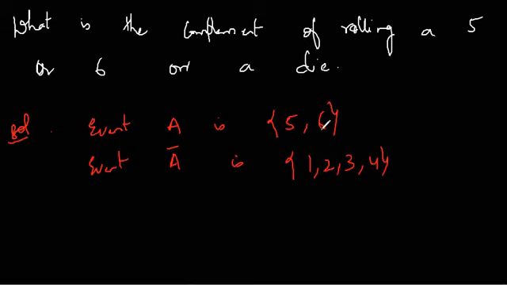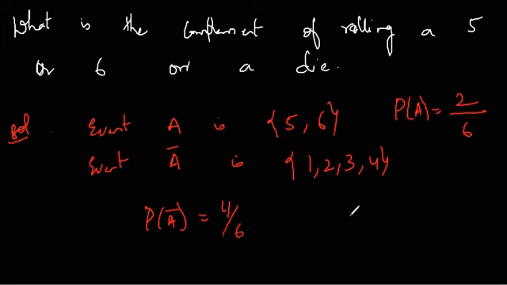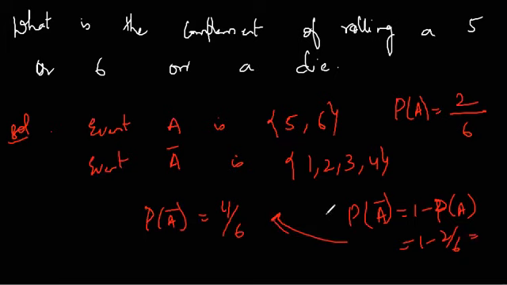Alright. Now, if you are getting either 5 or 6, how many scenarios will we have? The total number of outcomes when you are rolling a die is 6. Now, either you can get a 5 or you can get a 6. So P of A will be 2 by 6. What will be P of A bar? If we simply count how many outcomes we have, it will be 4 by 6. Or you can even find P of A bar as 1 minus P of A, 1 minus 2 by 6, which will again be 4 by 6. Okay. So this is the complement of a probability.